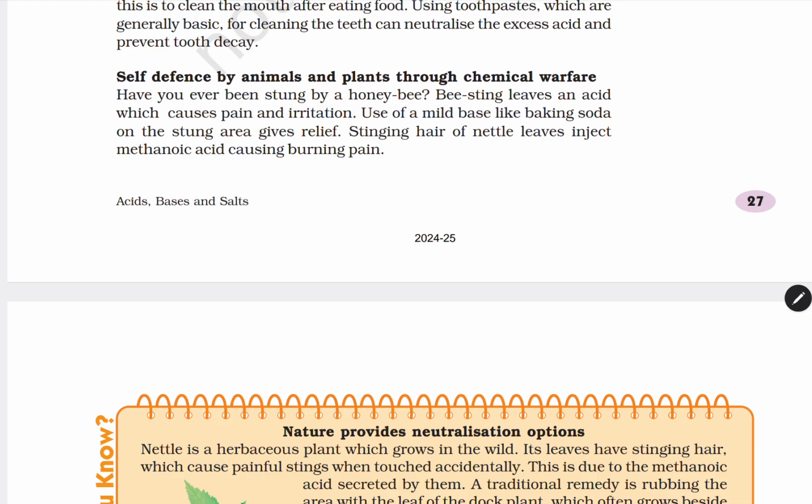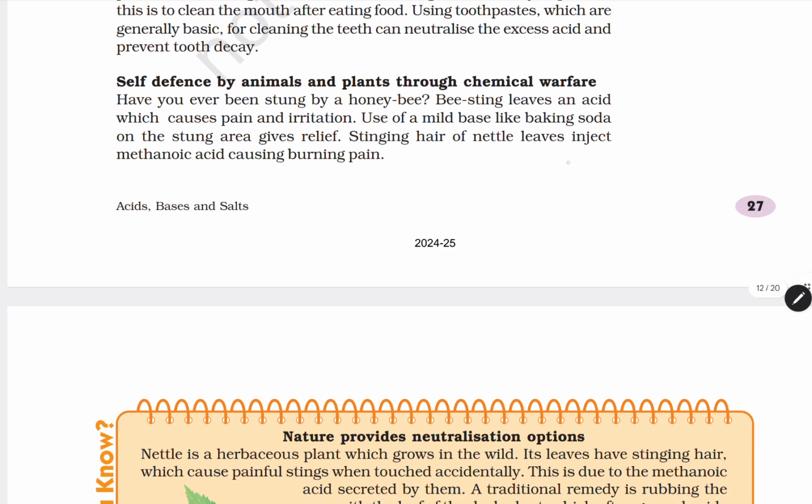Here I would like to mention some other interesting issues also. In the human body, blood pH value is 7.35 to 7.45. So any deviation can lead to serious health issues. Doctors can identify the change in the pH value of your blood, and they can identify or rectify the problems that are occurring. And another thing, digestion.